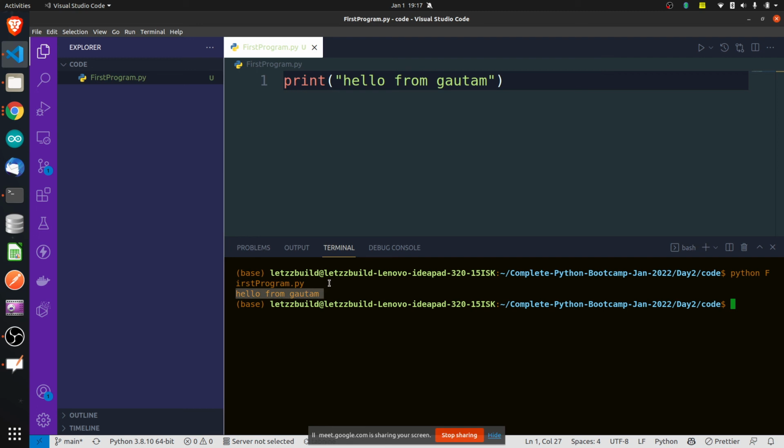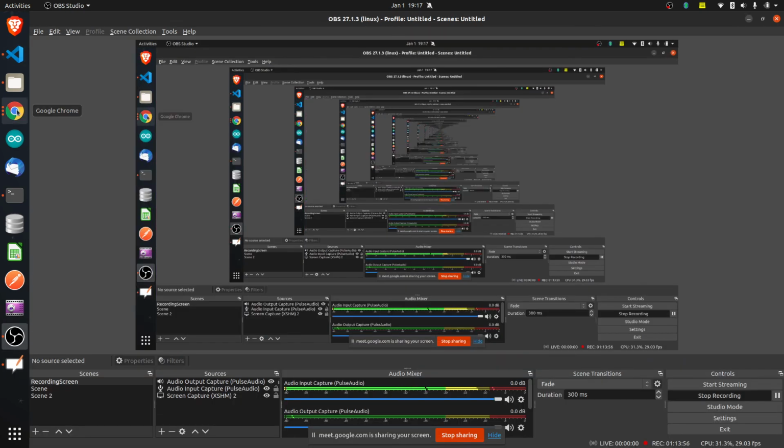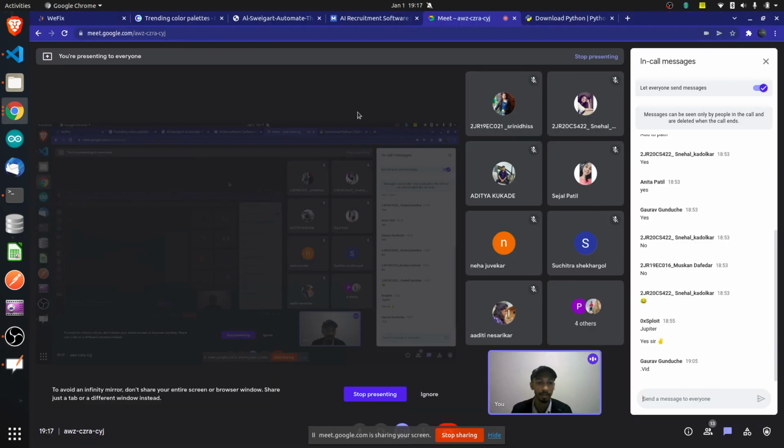You have written your first Python program, and most importantly, you have seen the various ways of running this Python program. You have got the first output, and you have learned how to display some output from a computer using the Python programming language. I hope that sounds simple, that was very easy, and you all will be able to do it.